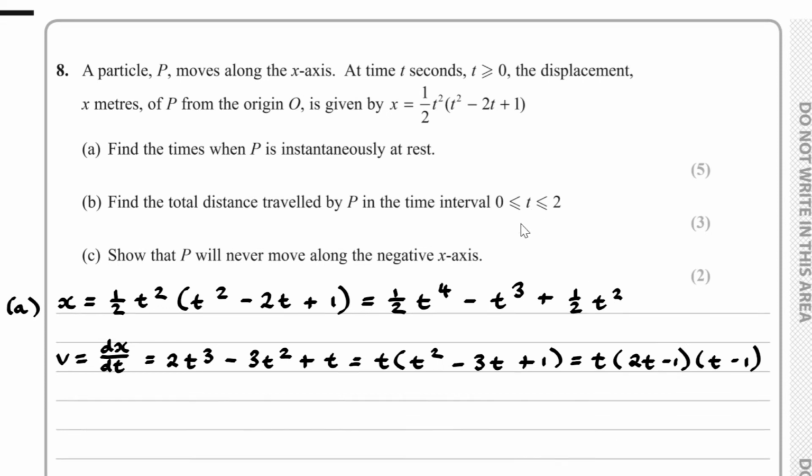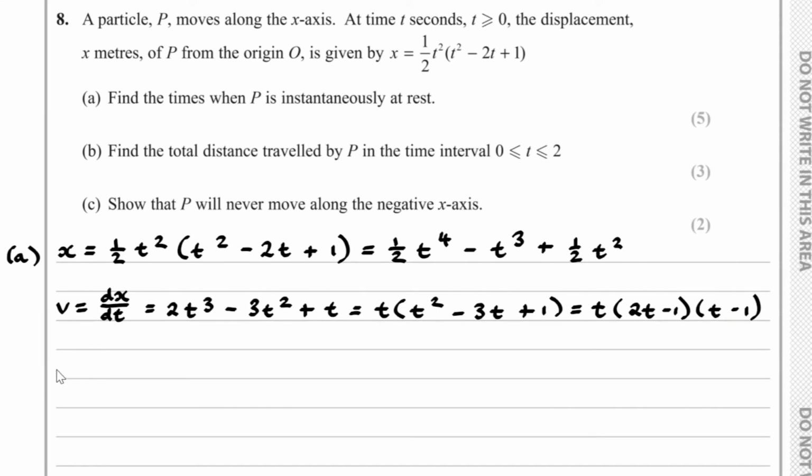Now, it's at instantaneous rest when v is equal to 0. So, we take our formula for v and then we set this equal to 0. And doing so, we end up with t equal 0, 1/2 or 1